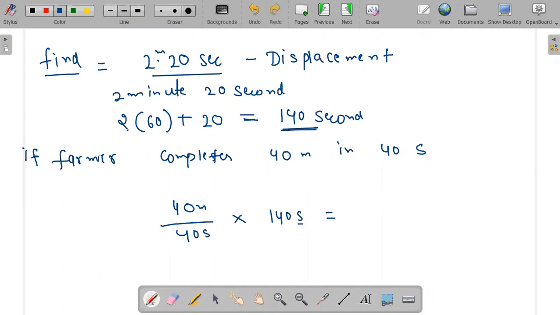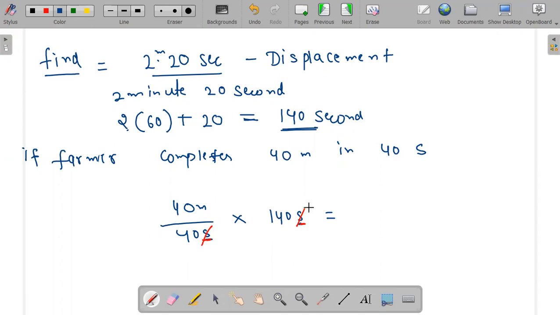Remember that this second is in the numerator and this second is in the denominator. So both of them will get cut. One numerator and one denominator, both of them will cut. But I cannot cut meter because I cannot find another meter to cut it with. So numerator and denominator values can be cut. You are very clear about this, that one value is in the numerator and another value is in the denominator, and both of them can get cut.